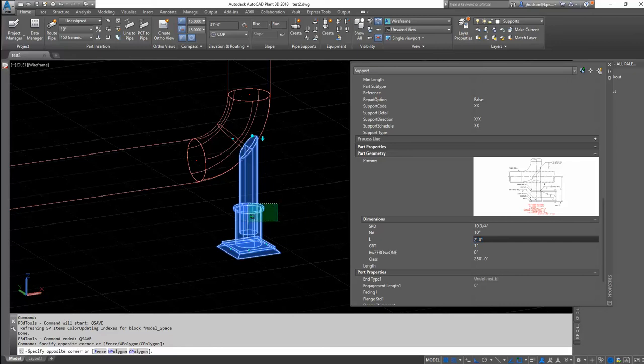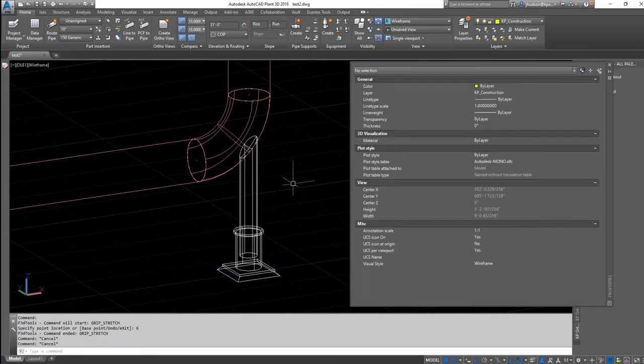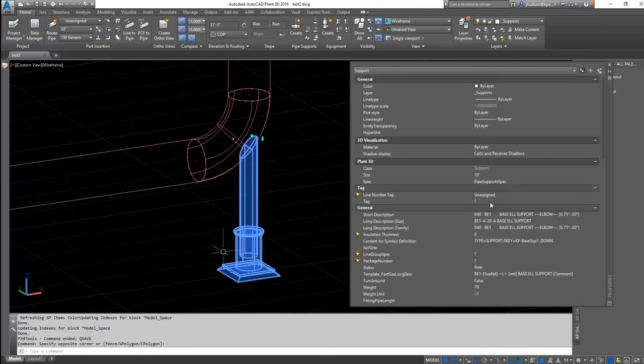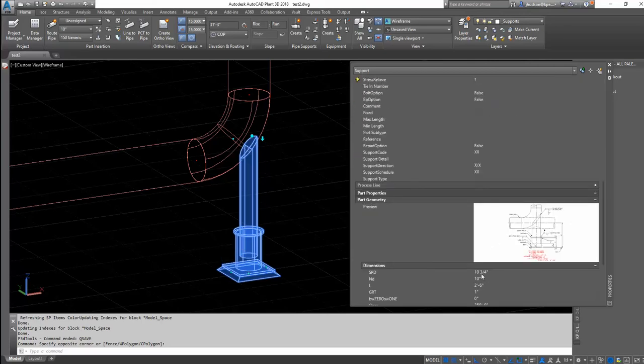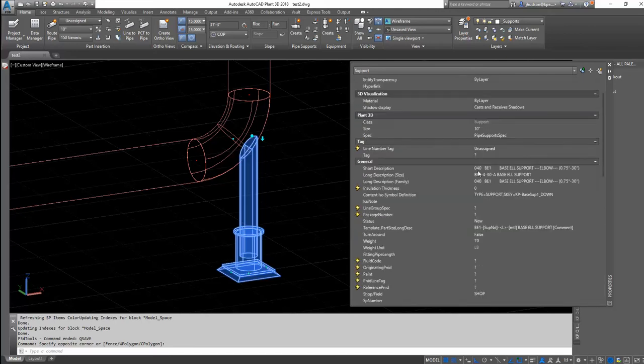Now I can stretch this 6 inches, save it, and now I've got 30 inches, which again corresponds with my length here. The way this works is you can put whatever parameters you want in. So if I put in